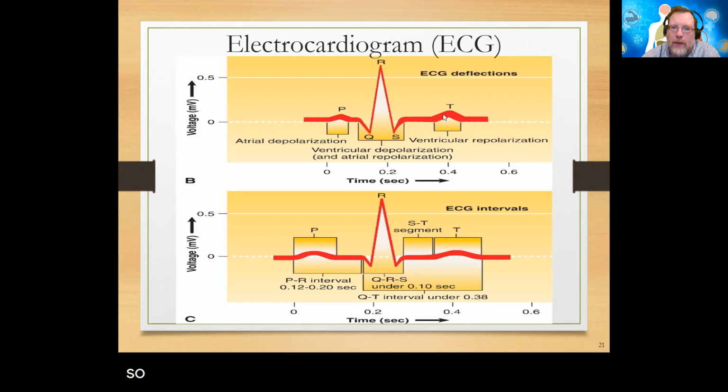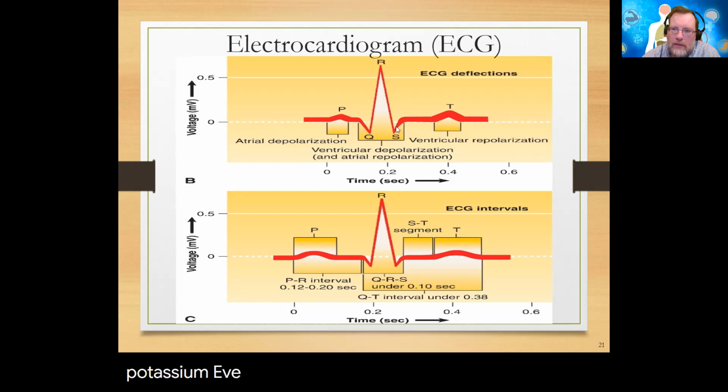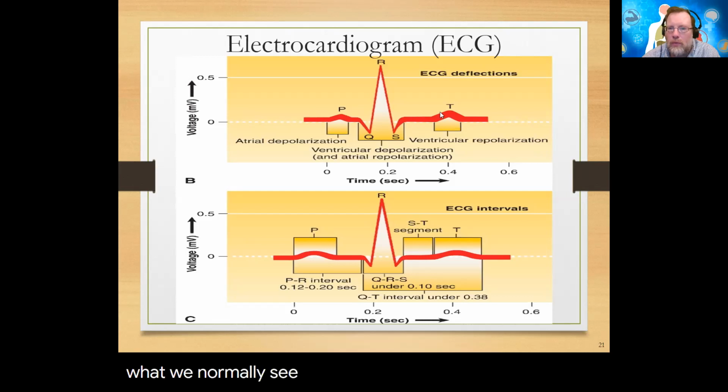And because we have so much activity and so much sodium influx for that depolarization, and we see potassium efflux, or potassium leaving, we're going to see that potassium rushing out as a pretty big hump